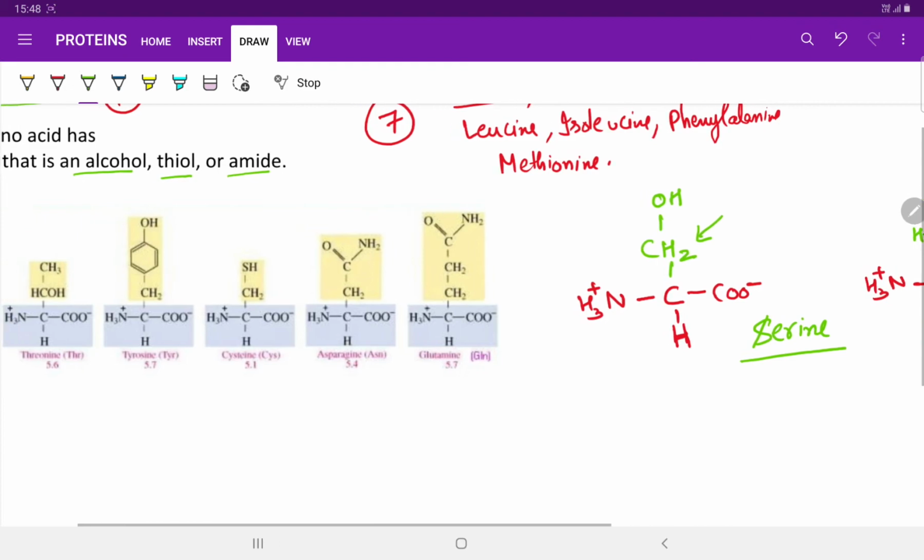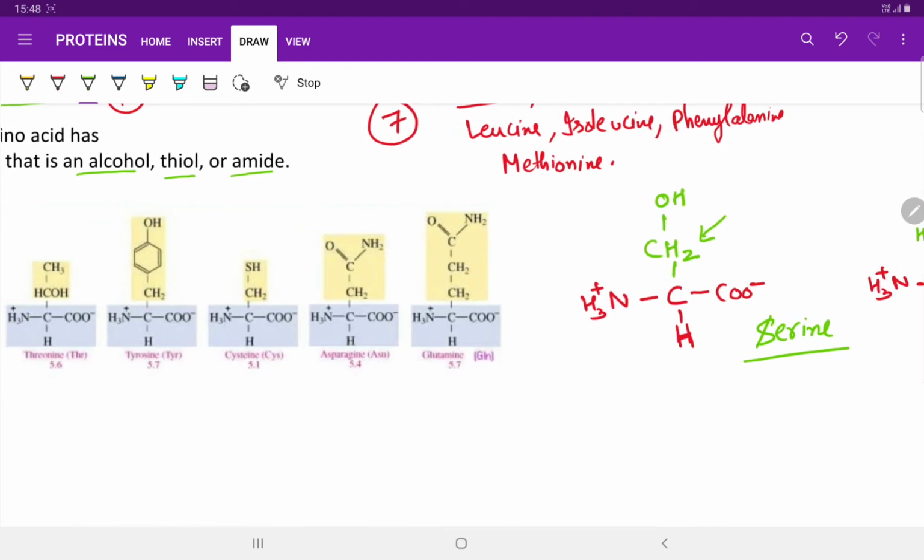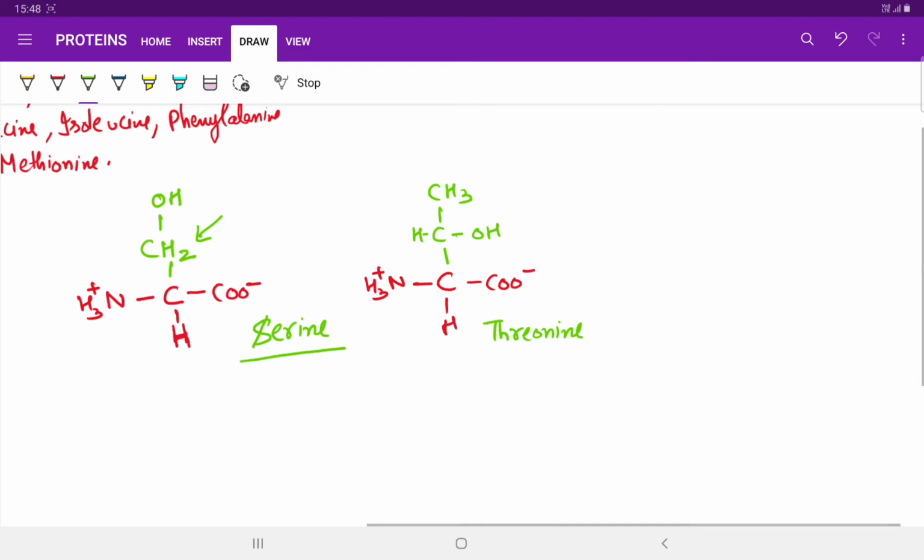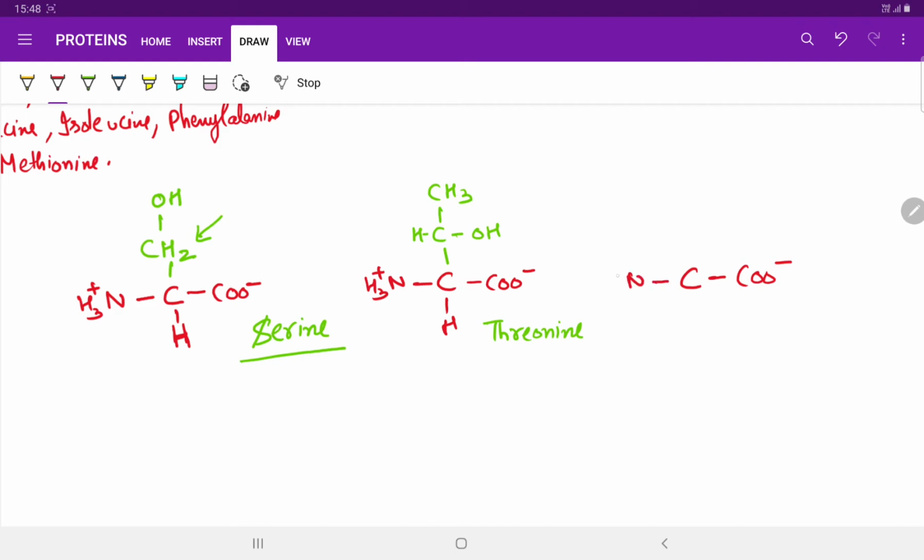The next structure we shall be drawing will be of tyrosine. Now a hydrophilic aromatic group will be added, that is a phenol. Now what if we add a phenol structure to that of alanine? It will form tyrosine. It is that simple. Just simply draw the structure of alanine first so that you can easily understand. This is alanine. Now we will be adding a phenol group to this, CH2, and it becomes tyrosine.